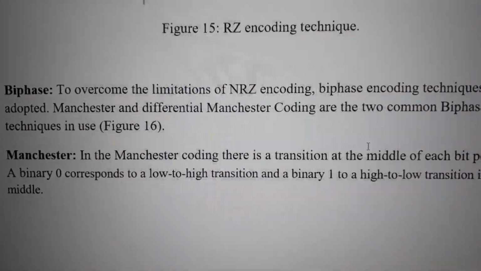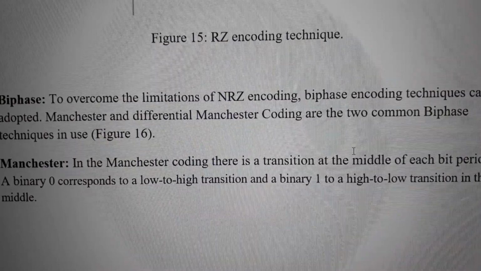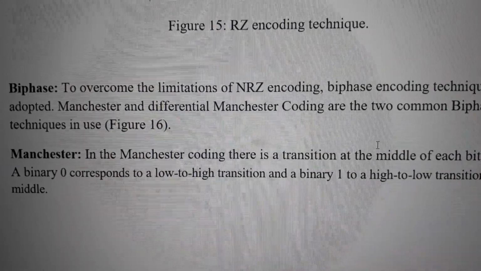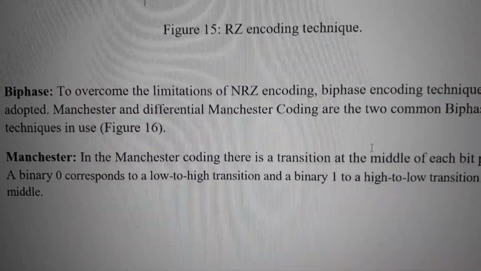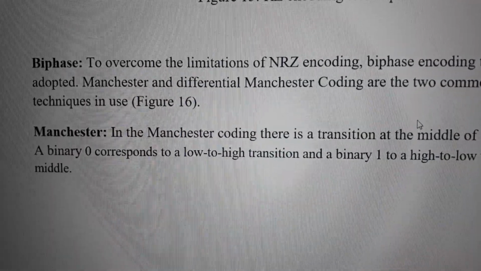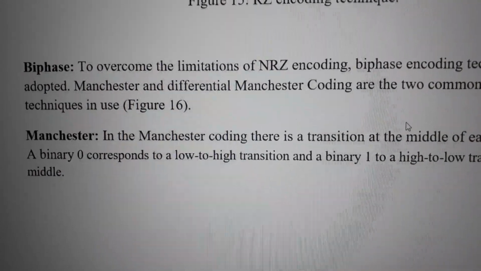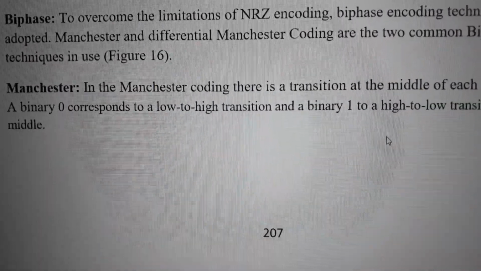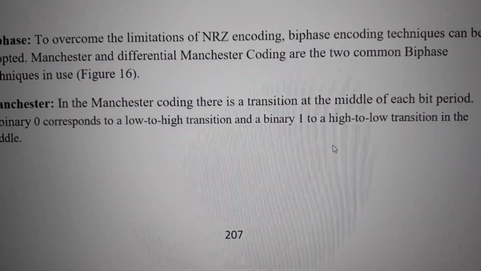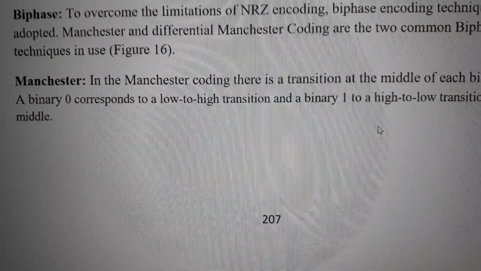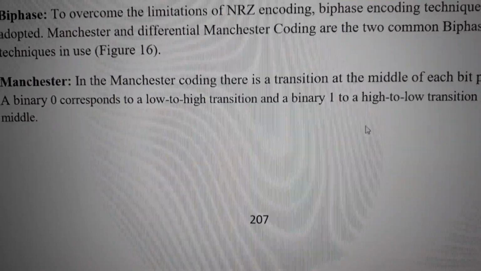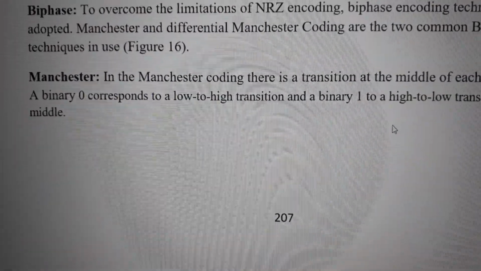البايفيس. To overcome the limitations of NRZ encoding, biphase encoding techniques can be adopted. Manchester and differential Manchester coding are the two common biphase techniques in use, as shown in figure 16. In the Manchester coding, there is a transition at the middle of each bit period. A binary 0 corresponds to a low to high transition, and a binary 1 to a high to low transition